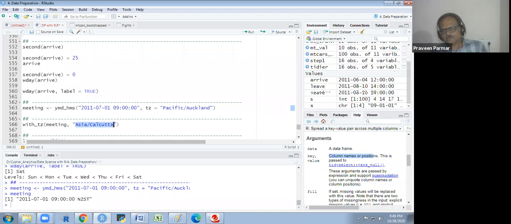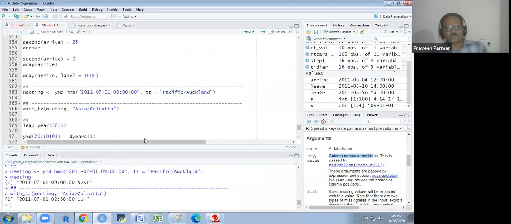What we have to write is Asia, Calcutta, not India, Calcutta. Okay. This is as per the Pacific, Auckland, in this way they have given to us. You see, it is 2:30 IST. Automatically it has converted.